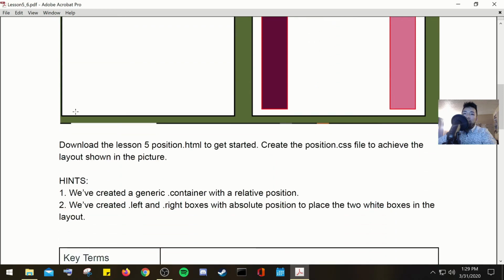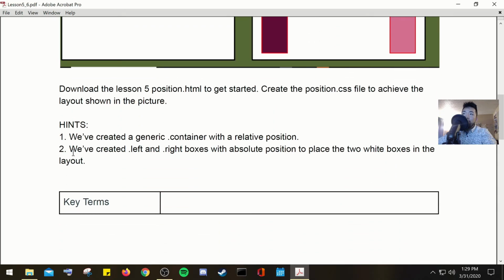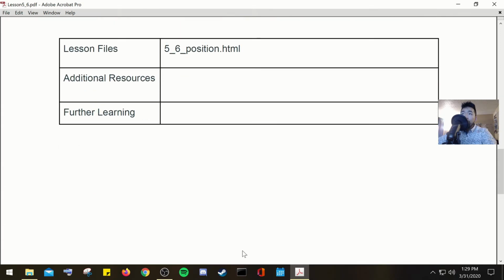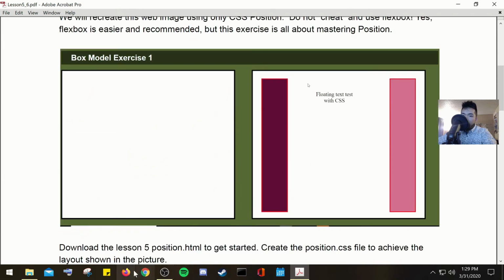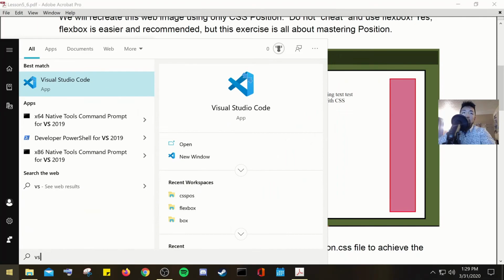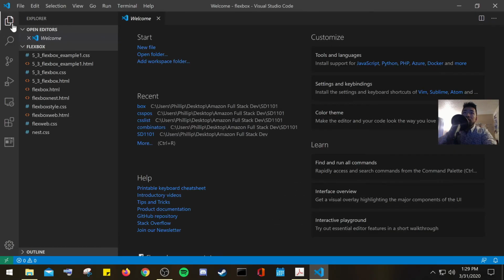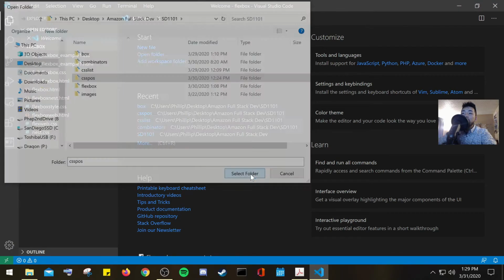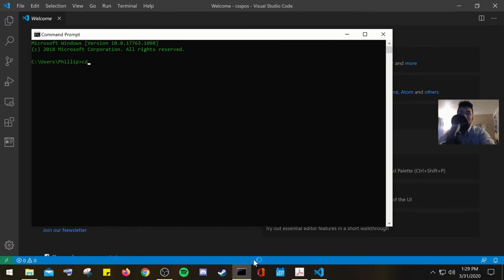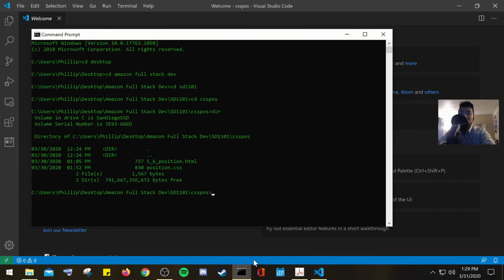So here you have some of the positionings that are offered by CSS. Here I'm going to show you guys a little bit of how that would look. If I just pull up my VS Code, go ahead and I'm going to open up a new folder of CSS positioning. Go ahead and pop into CSS positioning, and there I'm going to open up my